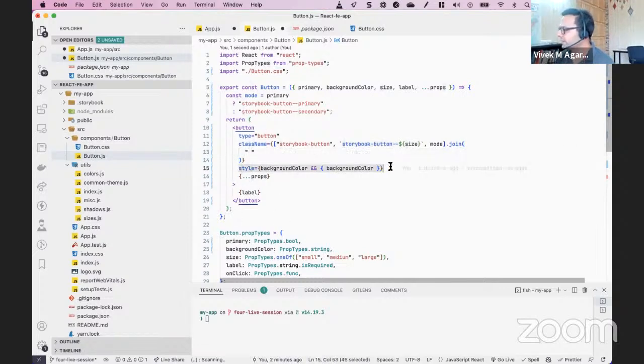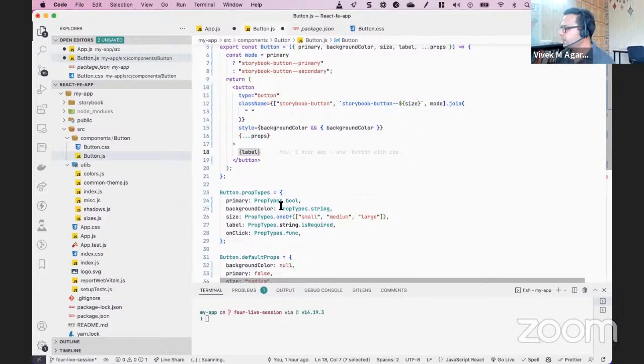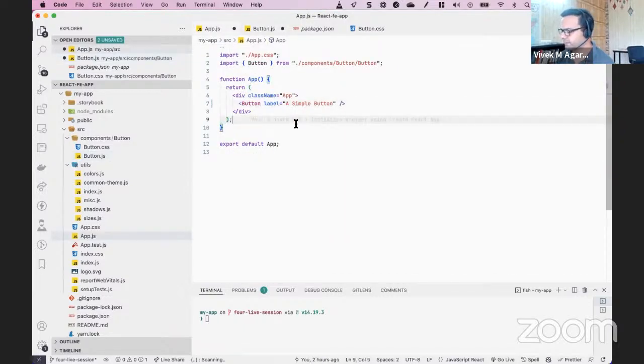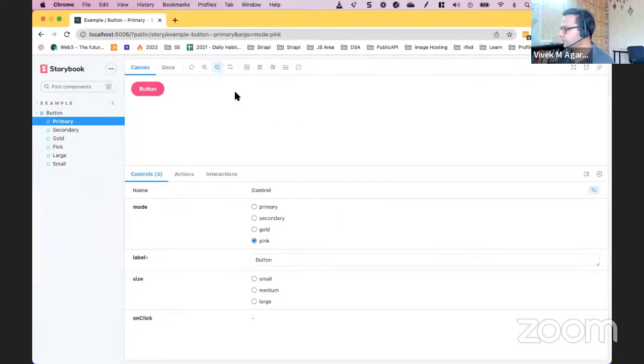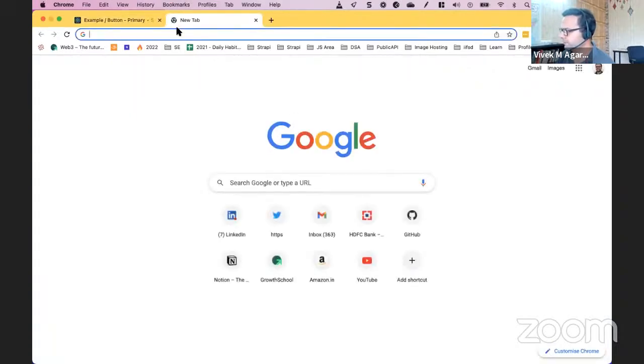Again, we are giving it a bit of flexibility so that they can style the background. If background is passed, only then it will get this background color. And then label is its children, which will be displayed. So now, of all of these props, label is the only required prop. And here in the app.js, I have already supplied it a label. So I'll save it. And if we go to localhost